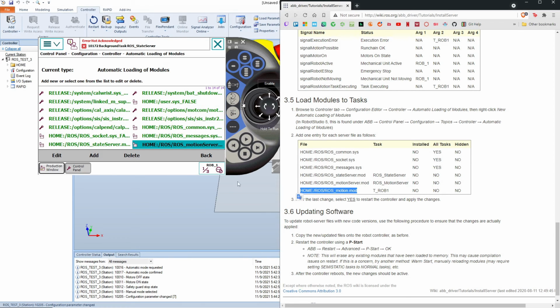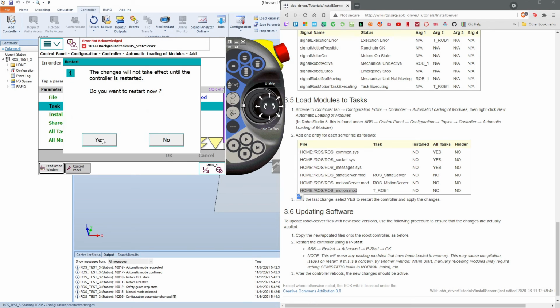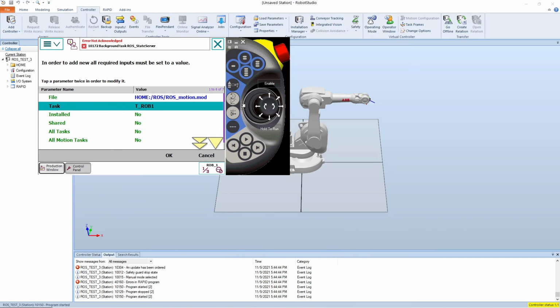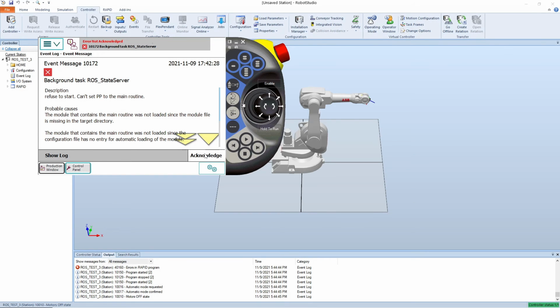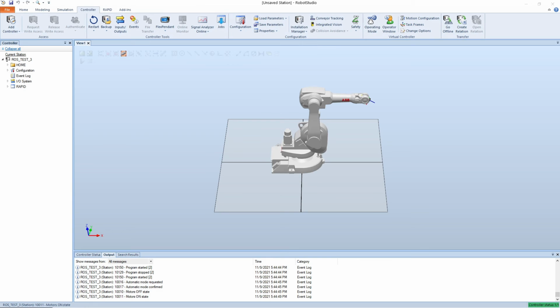And now that we're getting to the last one, we click yes for the restart. Just restarting between every single one of these steps. Acknowledge, restart,